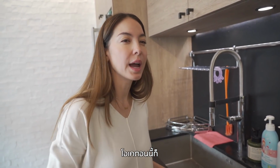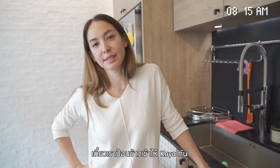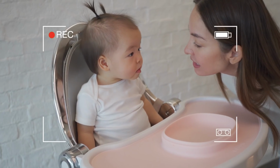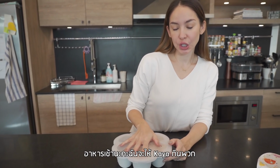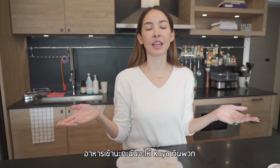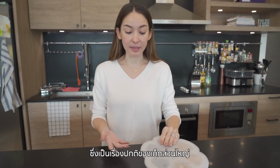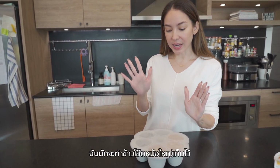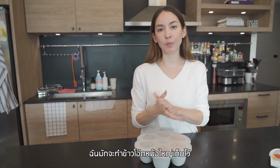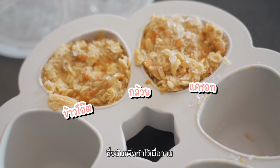Okay, so it's about 8:15 and we're gonna feed Kaya some breakfast. For breakfast, I usually feed Kaya anything that is maybe oatmeal, fruit. She's not really into eggs, which is kind of surprising because most babies are, but what I do is I usually make a big batch of oatmeal, and today she's gonna have banana carrot oatmeal, which I made just yesterday,